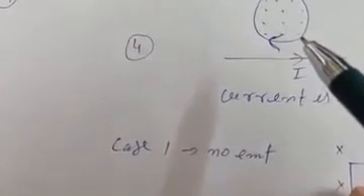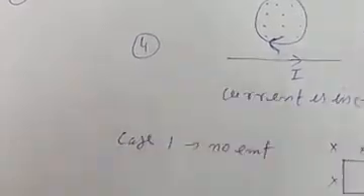So there will be a change in the flux, so there will be an induced current. But what is the cause? This current is increasing, so the magnetic flux is increasing. So the induced current will tend to decrease this flux. This magnetic field is outward, so due to the induced current it should be inward, opposite, so that it can decrease. Now the magnetic field should be inward, so fingers give the magnetic field, thumb will give the direction of the current. So that will be the direction of the current. So the magnetic field will be like this.